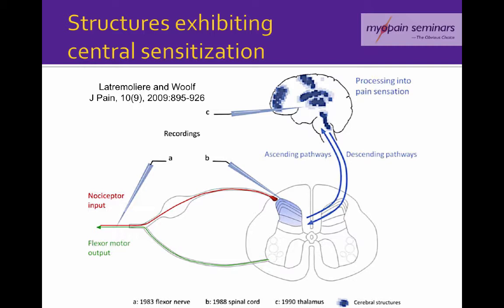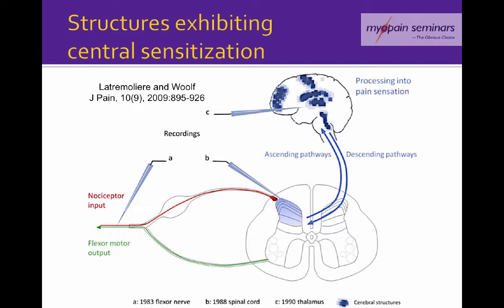Conditioning noxious stimulation resulted in long-lasting reductions in the threshold and an expansion of the receptor field of the motor neurons that was shown to be centrally mediated and generated. Similar changes were then described in lamina 1 and lamina 5 neurons in the dorsal horn of the spinal cord, but also in spinal nucleus pars caudalis and other brain structures such as the thalamus, the amygdala, and the anterior